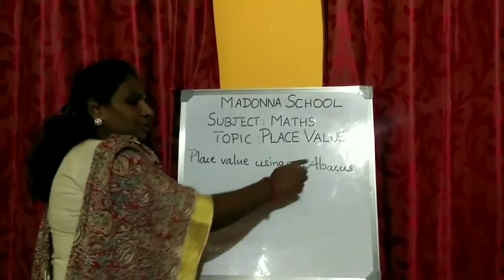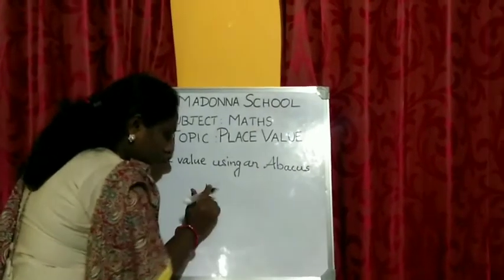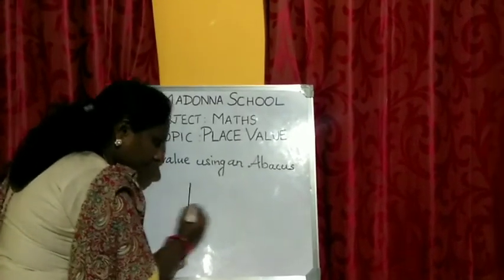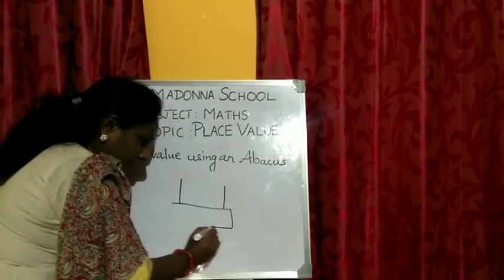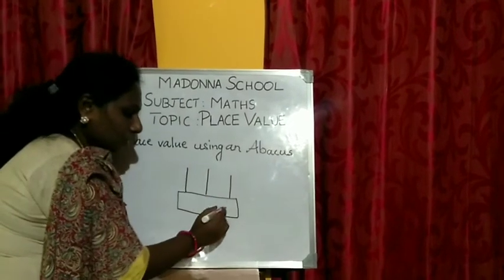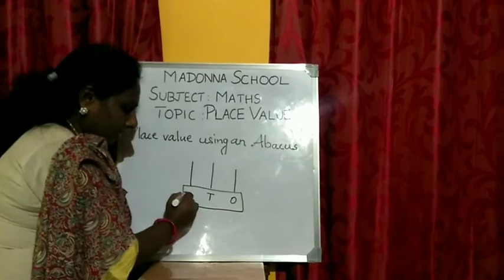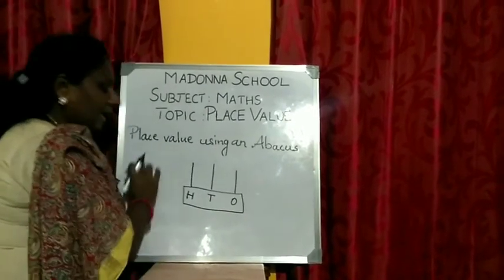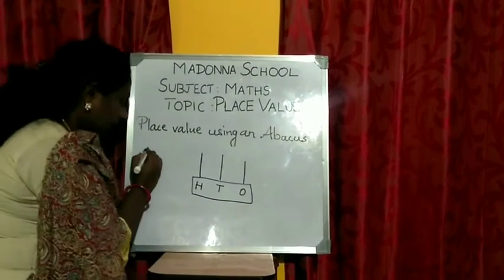Place value using an abacus. See here, children. This is an abacus rod. The first place is called what, children? Ones. Second is called tens and third is called hundreds, and we'll be adding the beads according to the number. For example, see here I am going to take